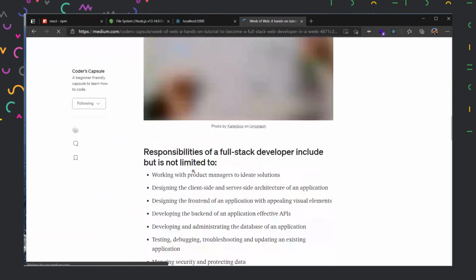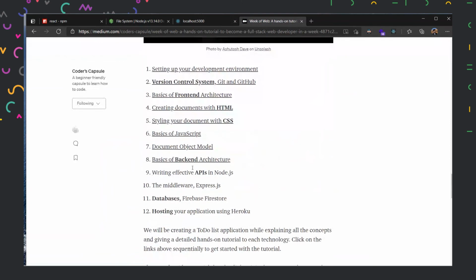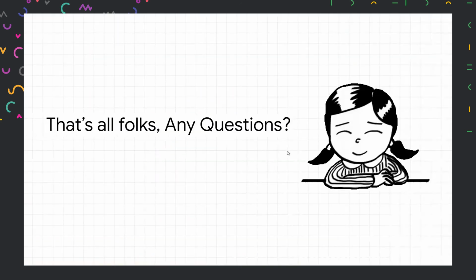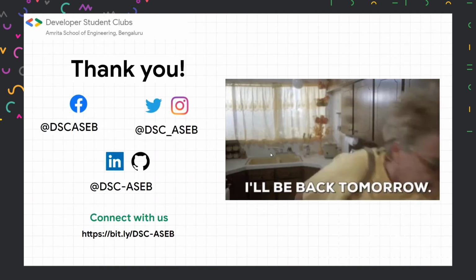Here in the last part, I have all the parts of our series mentioned, and up to 8 parts of the series, all the notes are available. I will be adding to it as time passes, so keep a check on Coders Capsule as well. Along with that, try all these things out yourself. All the code will be given to you on Coders Capsule itself, and that is all from my side.